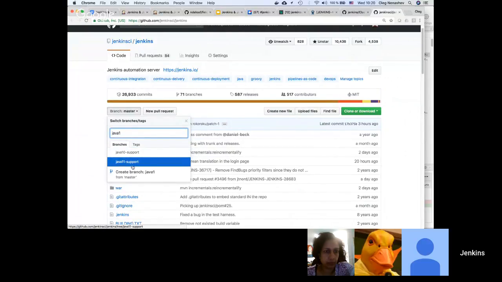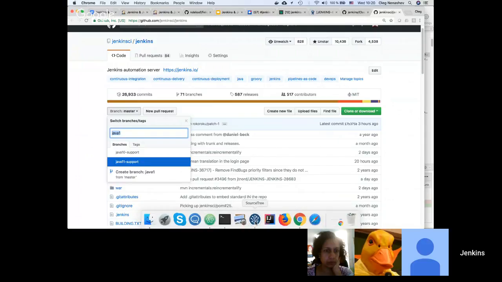Our current approach is that if you want to propose a generic fix, which is available for Java 8, we submit it against master. Then we can quickly adopt this patch in Java 10 and Java 11 support even before it becomes available in weekly releases, so we can port changes there. And if you submit something which is not ready for the master branch, you submit changes directly against these branches.